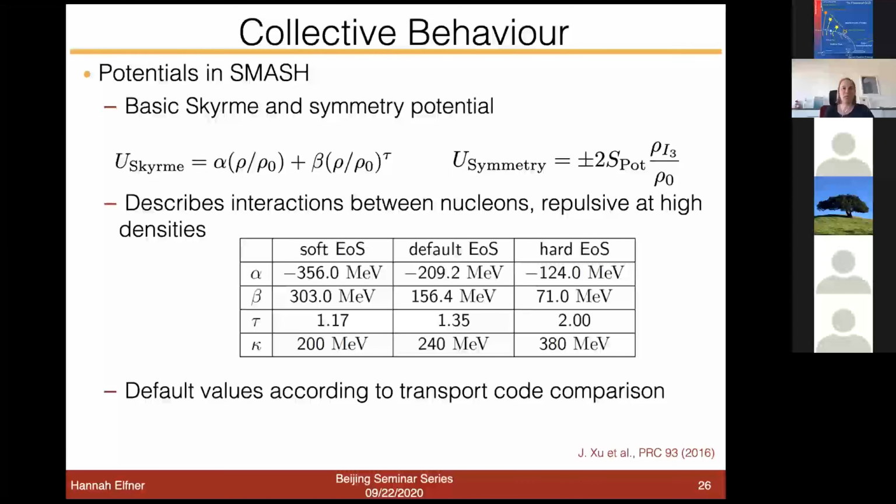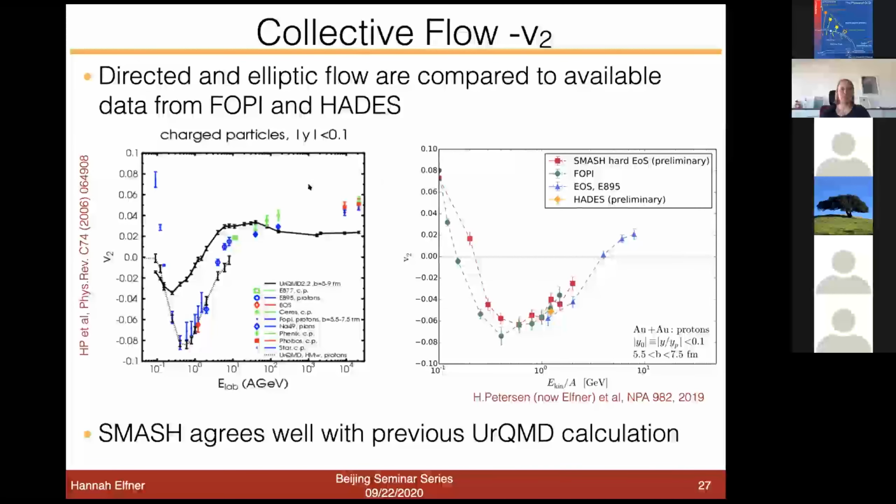And here, to show side by side a comparison to prior UrQMD results, here we have the V2 excitation function at low energies. So this is the elliptic flow for protons. It's actually charged particles, but at low energies, it's mainly protons. And so this full line is the cascade approach, which you see matches the data roughly around here at high energies. Of course, a transport approach doesn't have enough flow. We know we need hydrodynamics here in this region. And at low energies, one actually needs these nuclear mean field potentials. This is where this dashed line comes in.